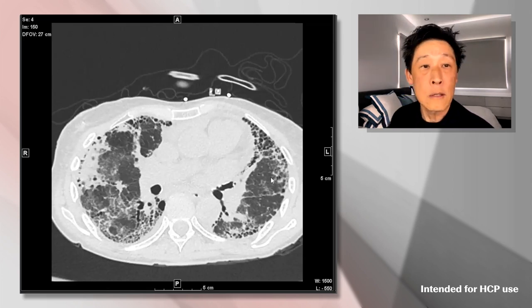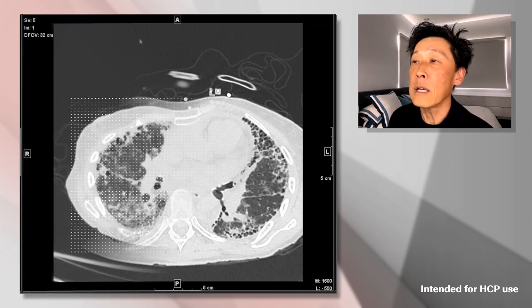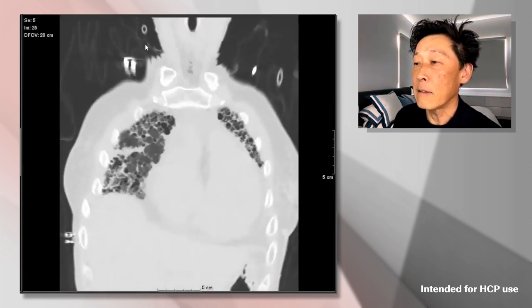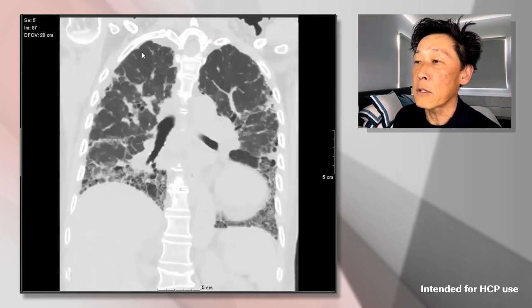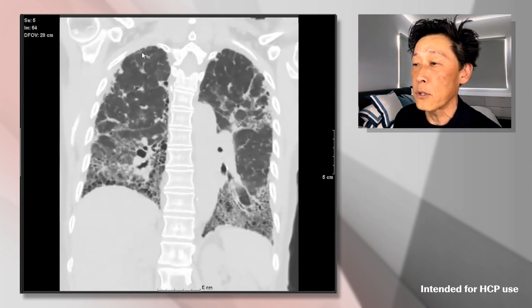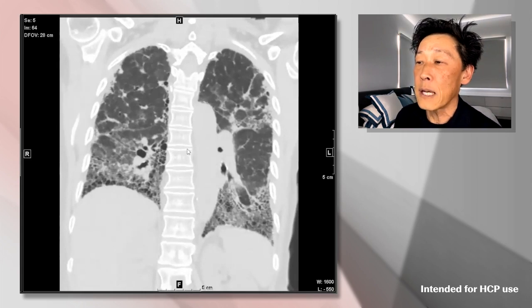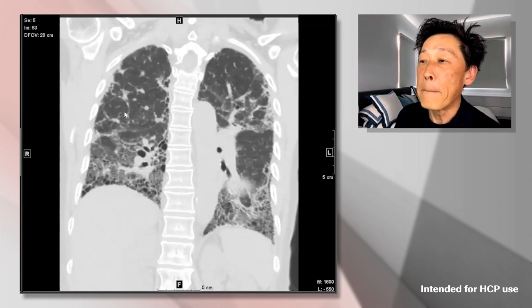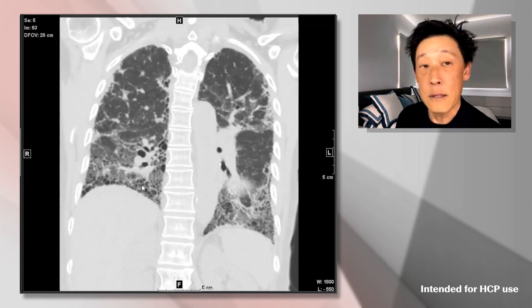Now, this distribution should be, again, within the basilar periphery of the lung, or favor the basilar periphery of the lung. So let's look, on a coronal reformat, at how easy this is to see. I'm going to scroll to the middle portion of the chest, to the back. We're just at the thoracic spine here. We can see that certainly the lung from the apex down to the bases looks abnormal, but notice that the abnormality is much more extensive as we head to the bases.